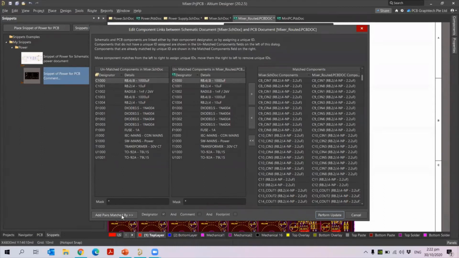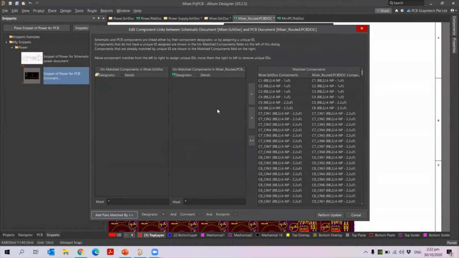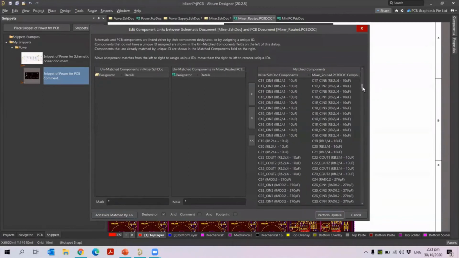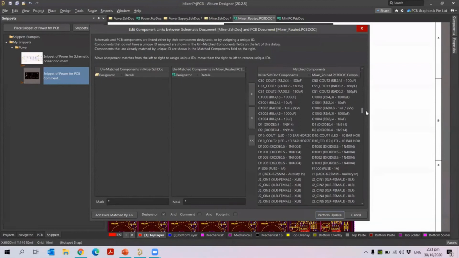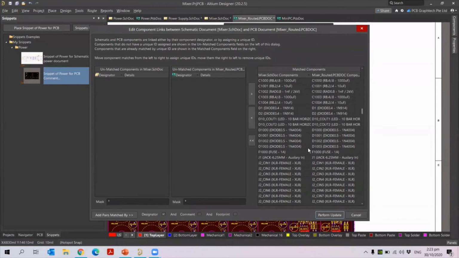So when I click here, automatically all the designators that are matching will go to the matched components. Once I scroll down here, you will be able to see they all come here with their schematic and the PCB. So C1000, C1001, all these come here. Same thing like D1000, all these come here, F1000. So they are matching here.